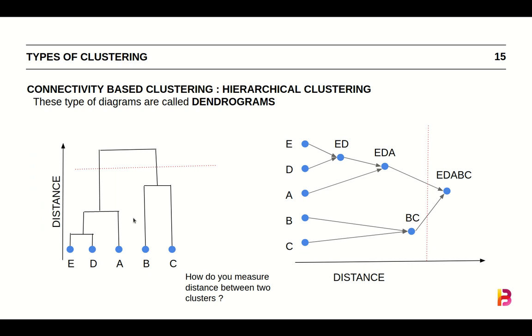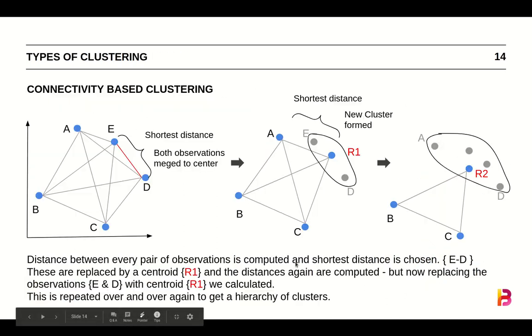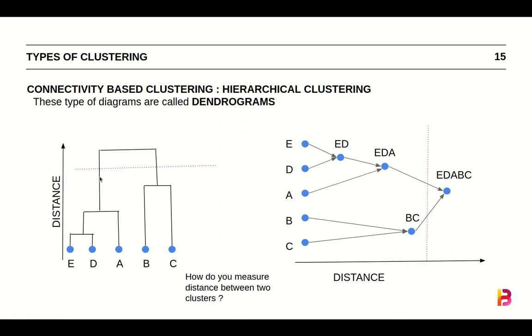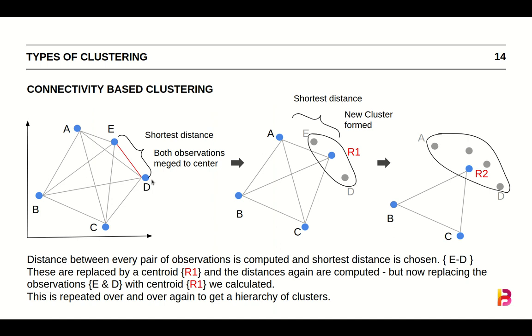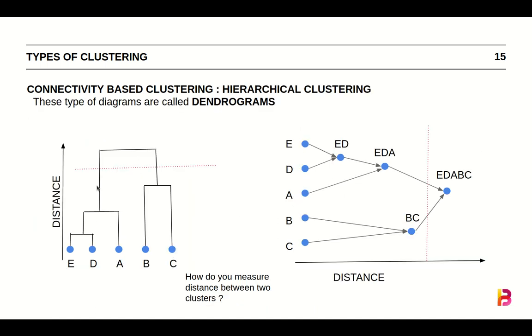Now a good question to ask is, we understood by the Minkowski distance or Manhattan, Euclidean, these distance measures, we know how to calculate distance between 2 points. Here, this point is a cloud. This is a cloud comprising of E, D, A. This is a cloud comprising of B and C. How do we measure? When I said we draw a central point and then measure the distance, that was only one way of measuring. So there are multiple ways.